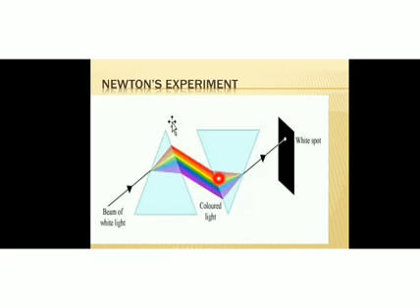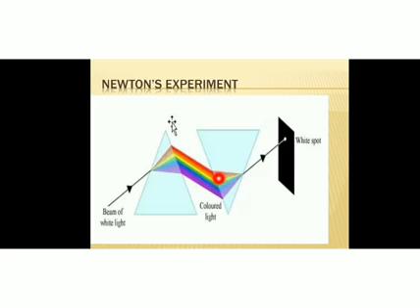So what is a white light? Any light that gives a spectrum similar to that of sunlight. Sunlight gives a spectrum of VIBGYOR. So any other light which is capable of producing a spectrum similar to that of VIBGYOR, we can consider that light as a white light.